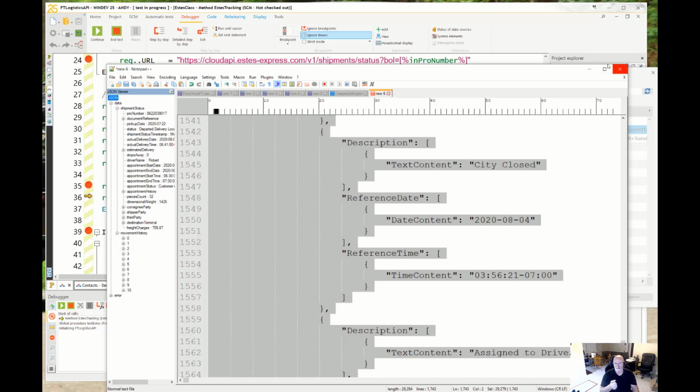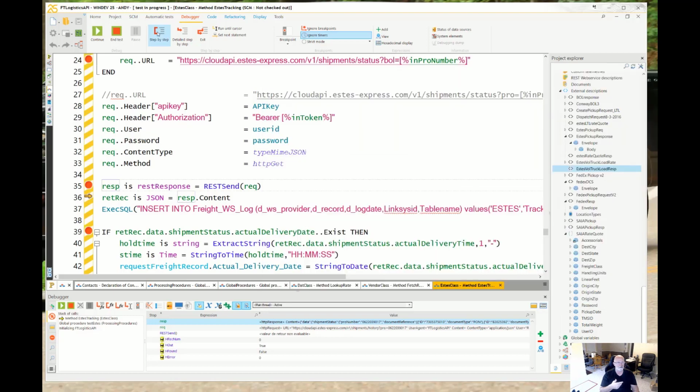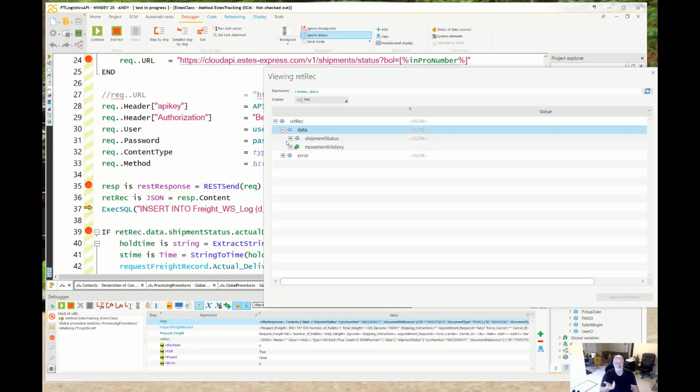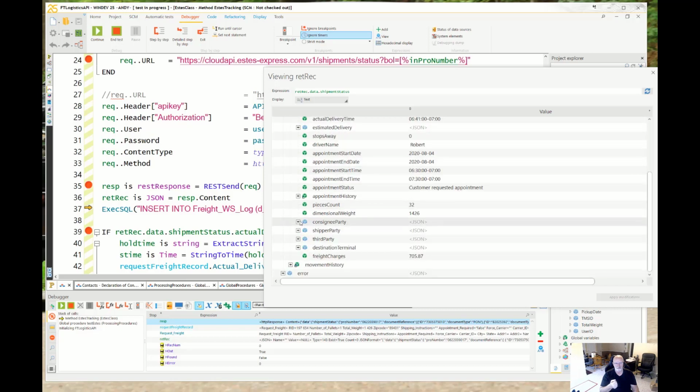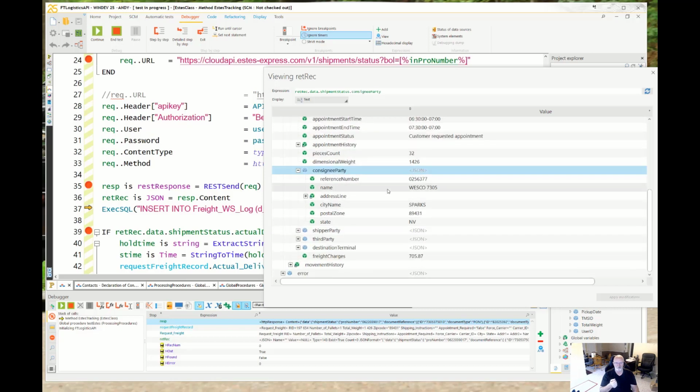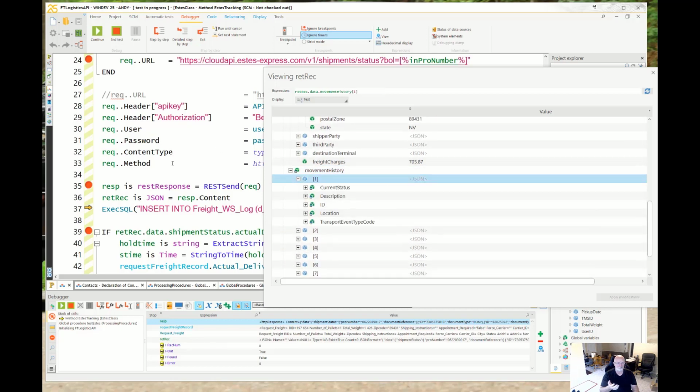The other way to do this is I go ahead and assign it to a JSON record. Now the JSON record I can right mouse click and then evaluate. And what do I have? I have the same thing I'm seeing there. I can see every bit of the information that I need to possibly work with to get out the data. Okay? So, what happens here